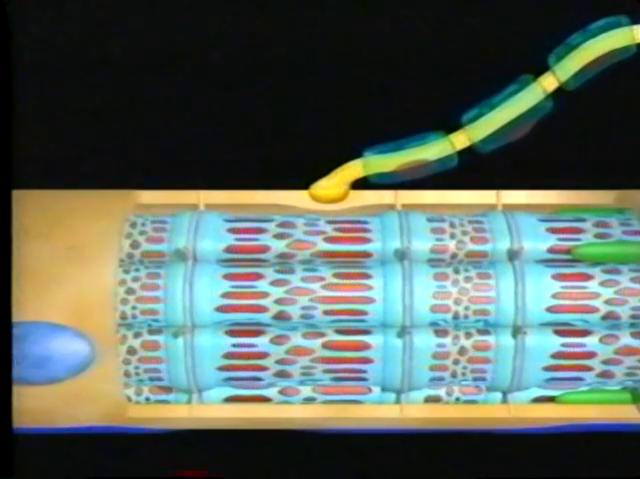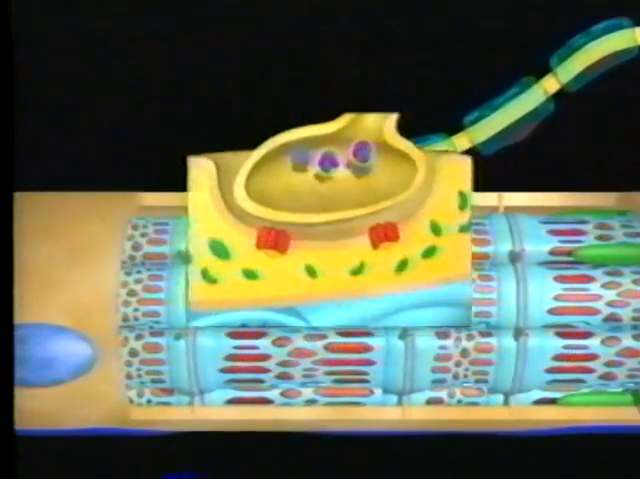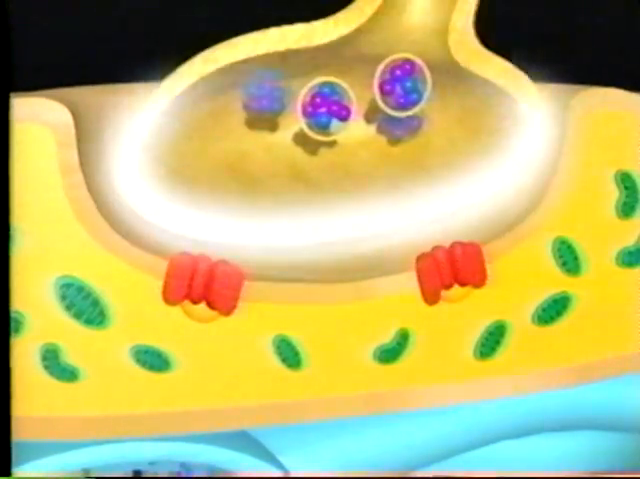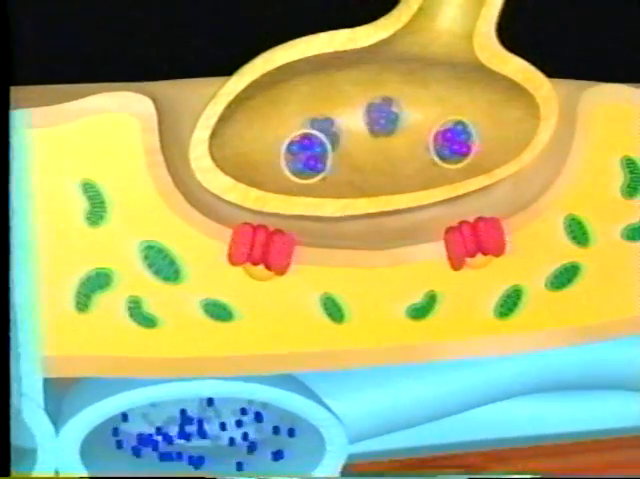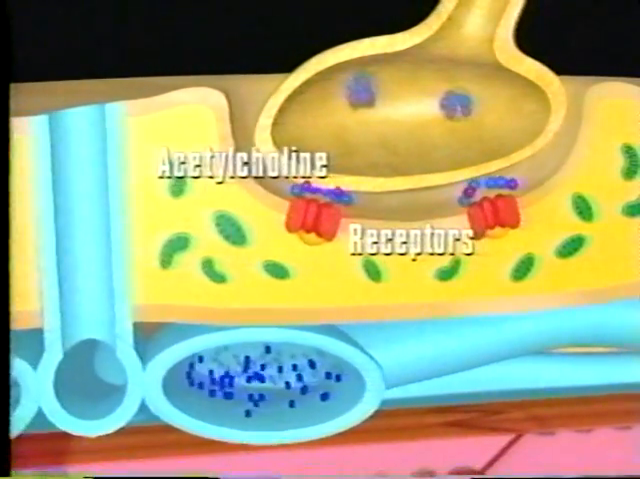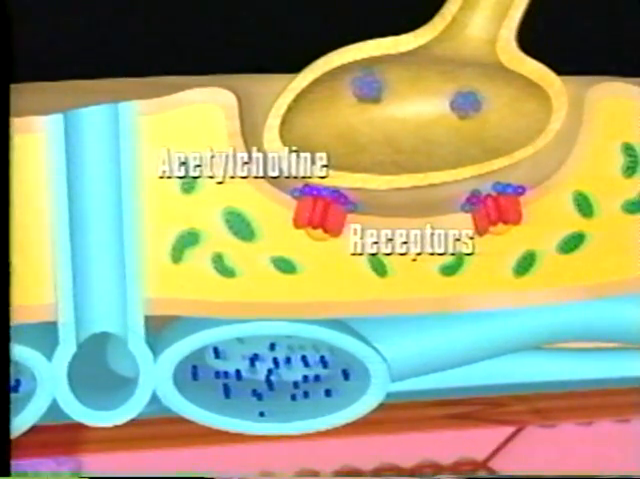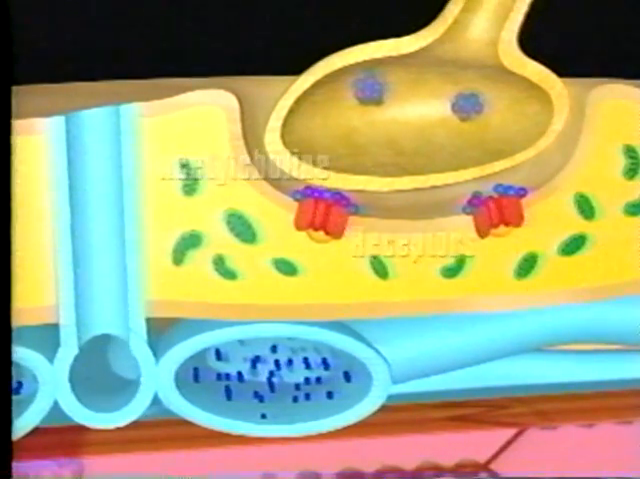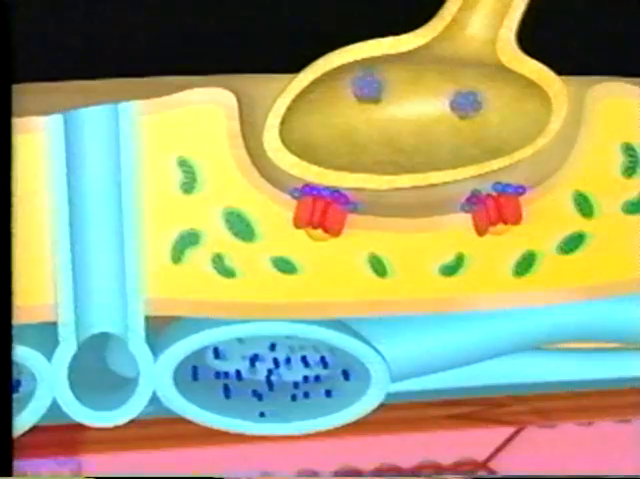The first step is the arrival of an action potential at the neuromuscular junction. When the action potential gets to the neuromuscular junction, the synaptic knob releases molecules of the neurotransmitter acetylcholine into the synaptic cleft. Receptors on the sarcolemma bind the acetylcholine, and this triggers an action potential in the cell membrane of